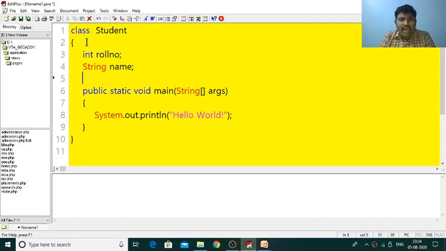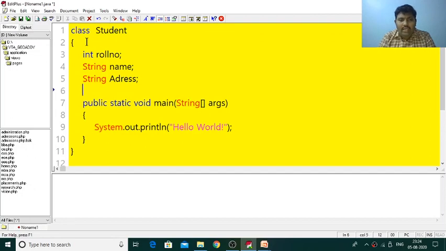He also has an address, which is also a String, and for example if you want to store his grade, String grade.